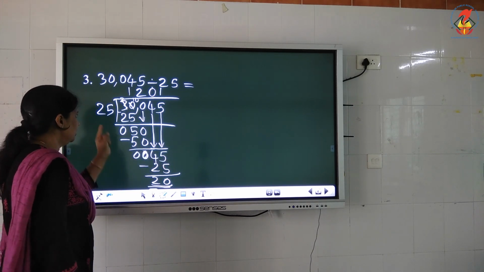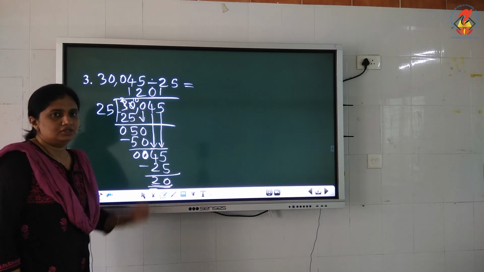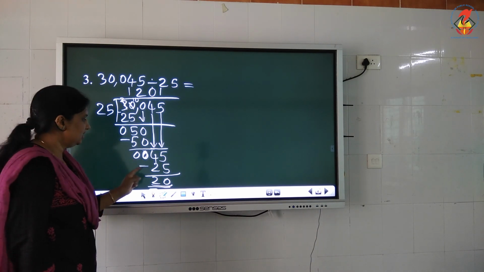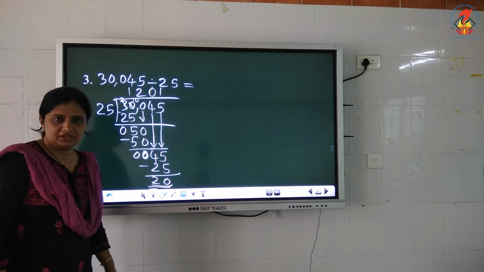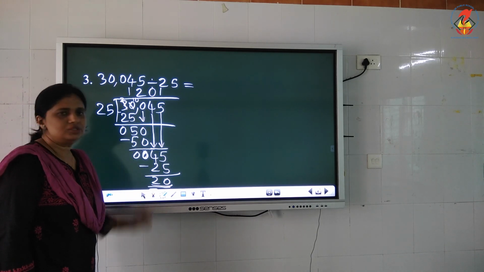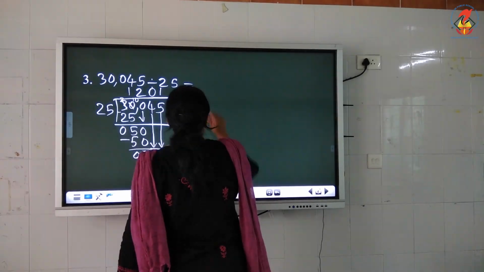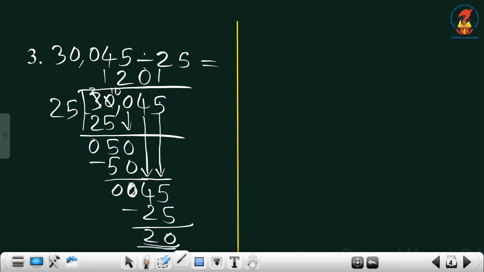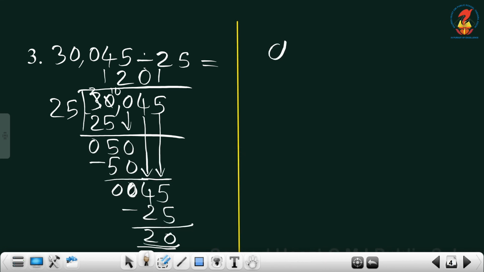45 is okay for us because 25 into which number equals 45? 25 ones are 25, 25 twos are 50. 50 is greater than 45, so I need to take 25 ones are 25. And the remainder is what? 20. Then I need to check my answer is correct or wrong in the division, right? How can I check it like that? Okay, I'll do checking.